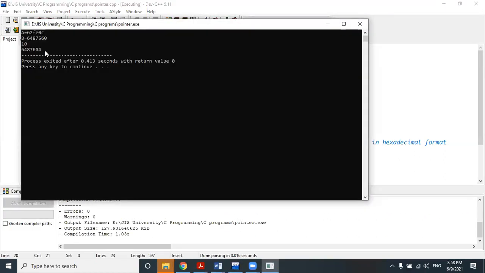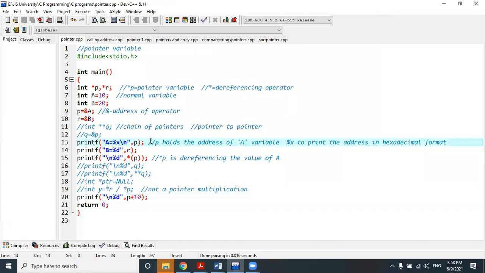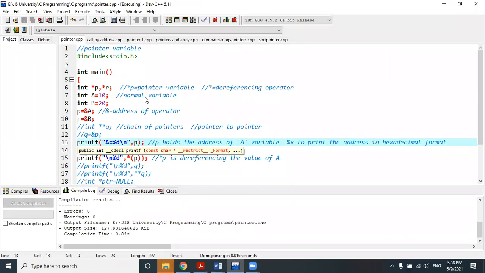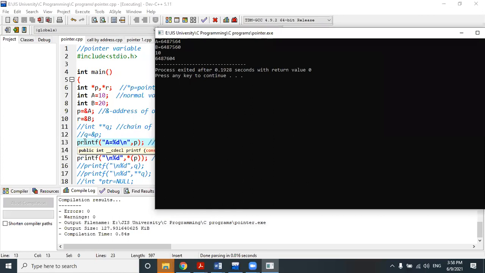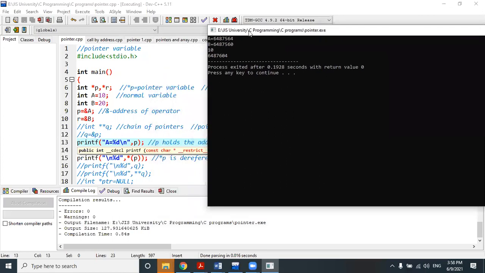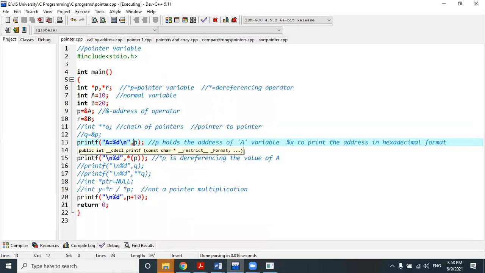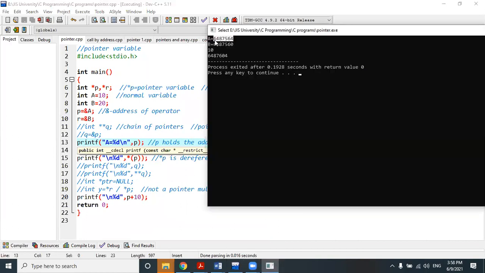First of all, it successfully ran and it is not giving any error, right? So what is the output it will give? What is the value of p? p is actually holding the address of a, this is the address of a.